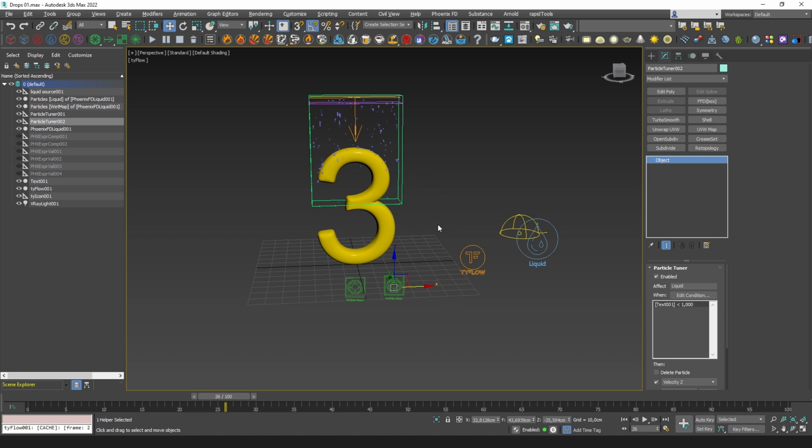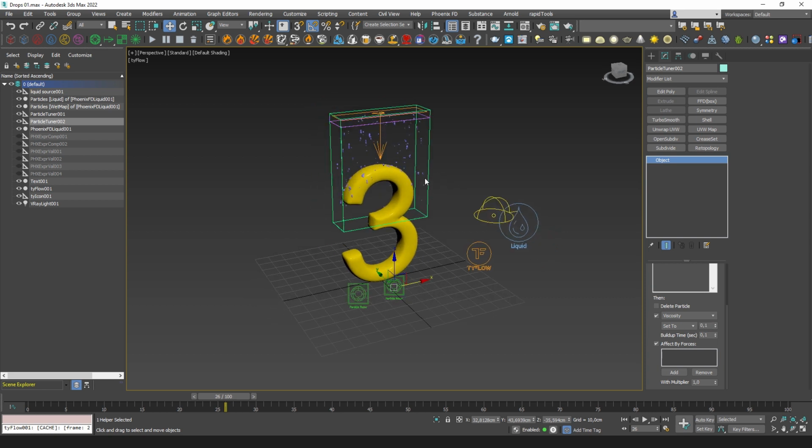So in the case of the other letter, I have this, okay, and I'll make another one. In this one, it's the same configuration, but I changed this to viscosity, and I set this to 0.1. So when they are close to the other model, they will have 0.1 viscosity,